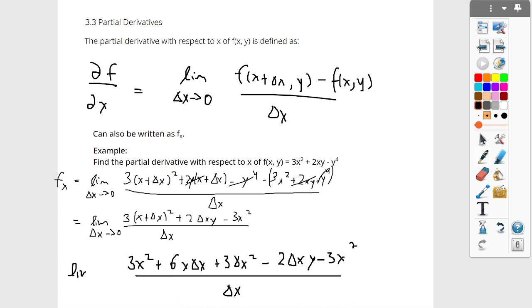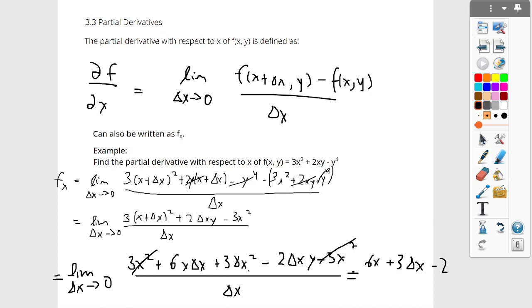And this is the limit as delta x approaches 0 of all of this. 3x squared minus 3x squared cancels out, and the delta x you can take off from every single term. So this will be 6x plus 3 delta x